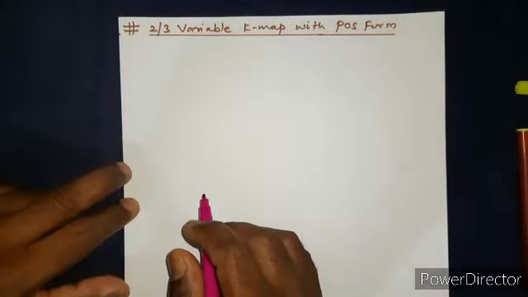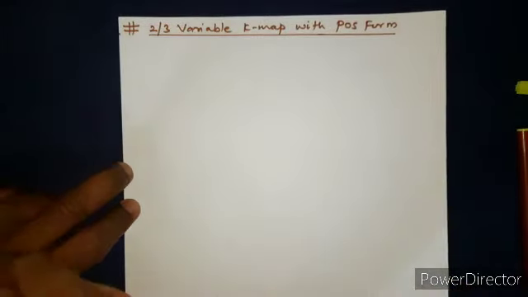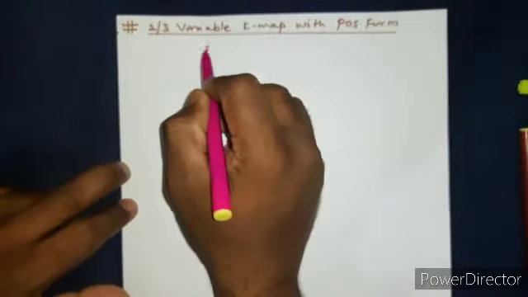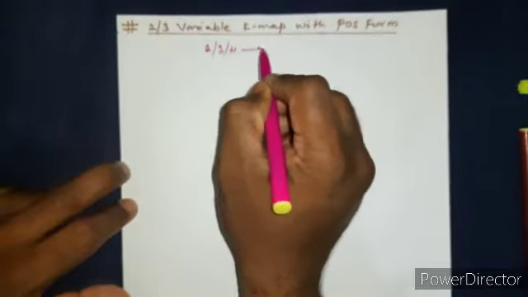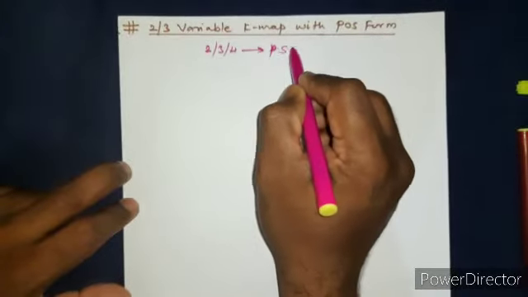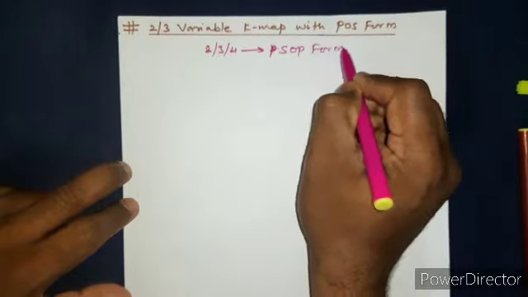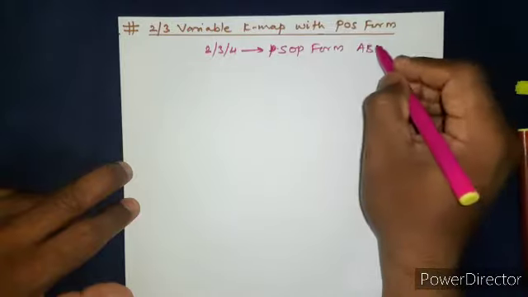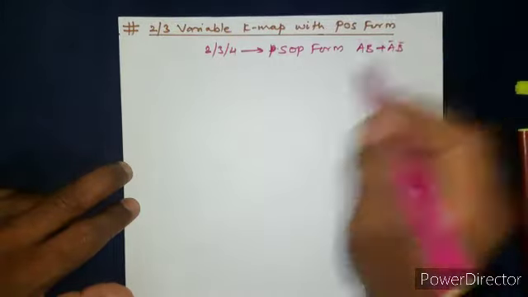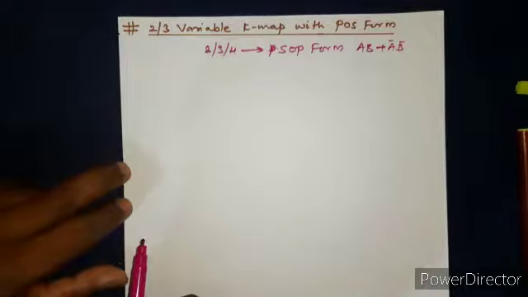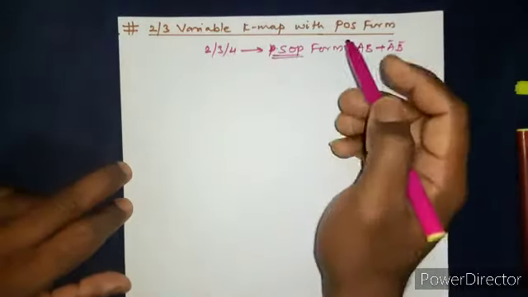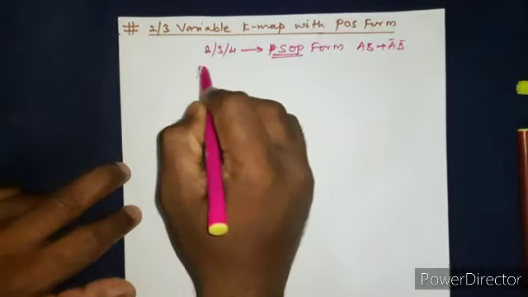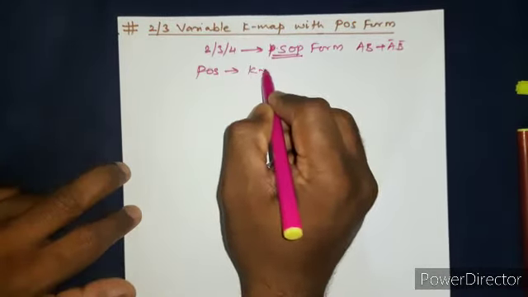So hello student friends, in the last lecture we had discussed the structure of K-map, right? 2 variable, 3 variable and 4 variable K-map for SOP form, where we have seen this, considering 2 variables, AB plus A bar B bar, something like this. So SOP we had discussed. Now let us consider the POS form of this K-map.